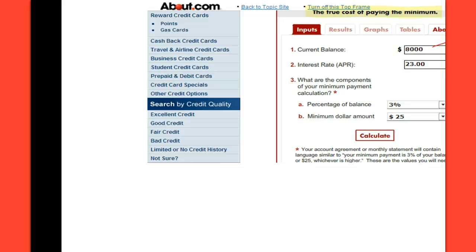All right. So assuming we can actually get out of college in 4 years, which is tough sometimes. I get out in 4 years and I have $8,000 in credit card debt. And I'm going to start paying that off, and I'm going to pay exactly what they tell me to. All right. The minimum payment that you can make is typically going to be one of these two things. It says your account agreement or your monthly statement will typically say something like your minimum payment is 3% of your balance or $25, whichever is higher. So you're going to pay about $25, or 3% of this would be around that same amount each month until